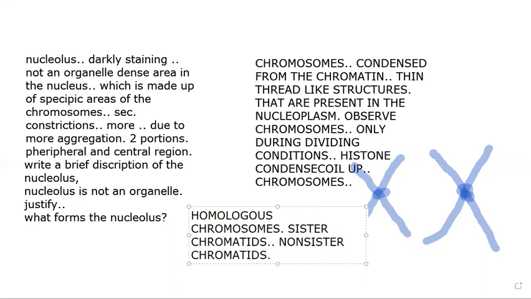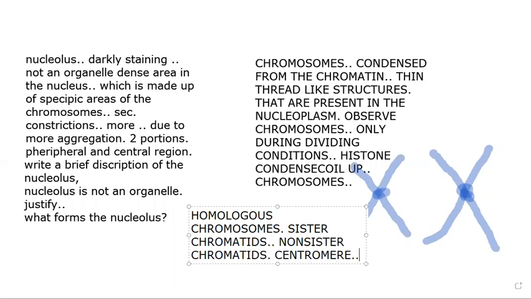You have learned a new thing. You have learned what a homologous chromosome is. Homologous chromosome means chromosomes having the same nature. You know what the sister chromatid is. Sister chromatids are the chromatids of the same chromosome. You know what non-sister chromatids are: chromatids that are present on different chromosomes. Then you know what the primary constriction is. The primary constriction is also called the centromere.